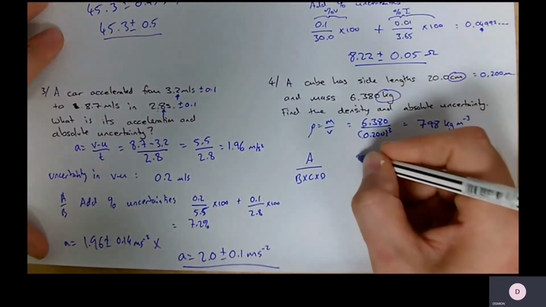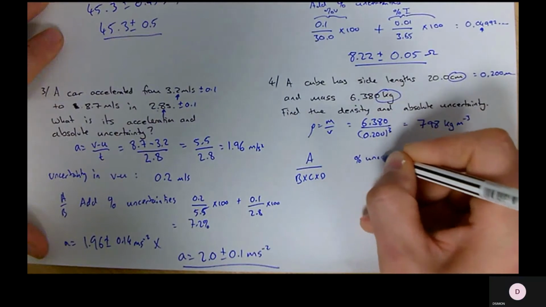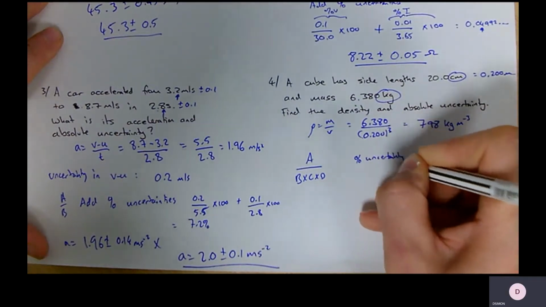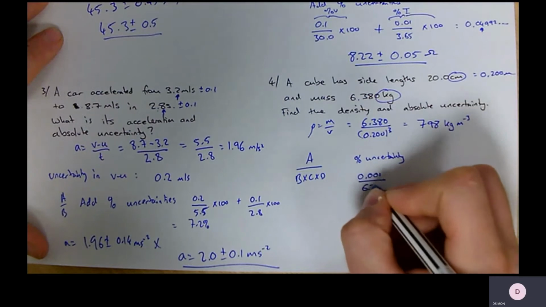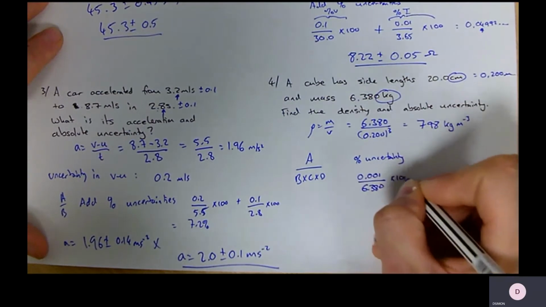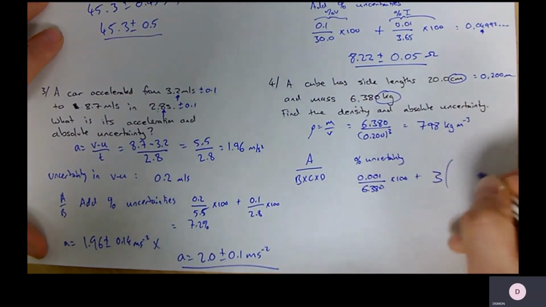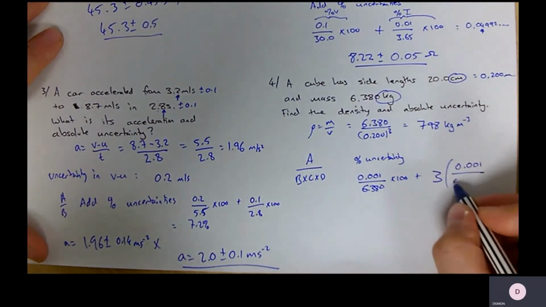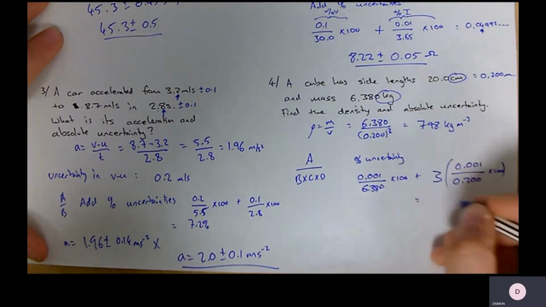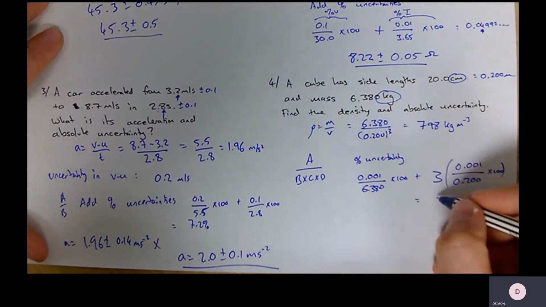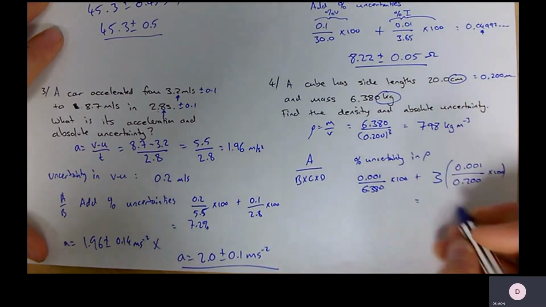So the uncertainty is going to be the uncertainty in my mass as a percentage plus 3 lots of my uncertainty in my length, which is this times 100, which gives us a percentage uncertainty of